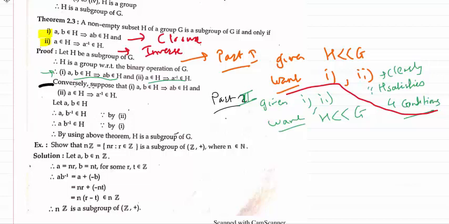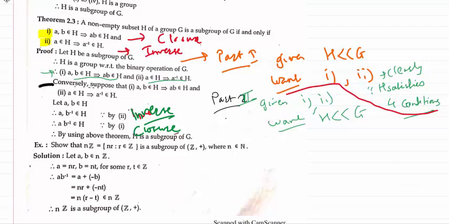From theorem 1, we just discussed that H is a subgroup if and only if it satisfies AB inverse belongs to H for all A and B belonging to H. This theorem we already discussed. So try to utilize it. This is because of condition 2, its inverse property. And take the product, because of condition 1, the closure property. We have been given these, yes, satisfied.